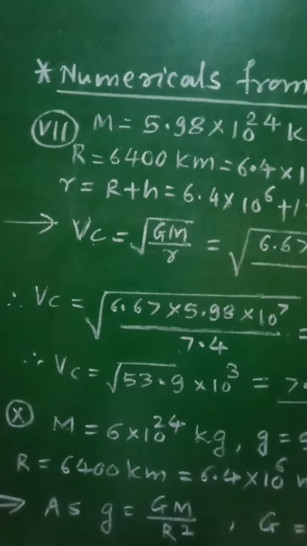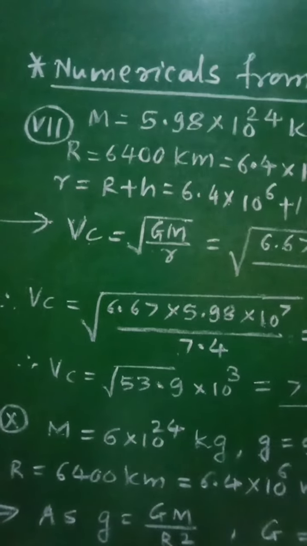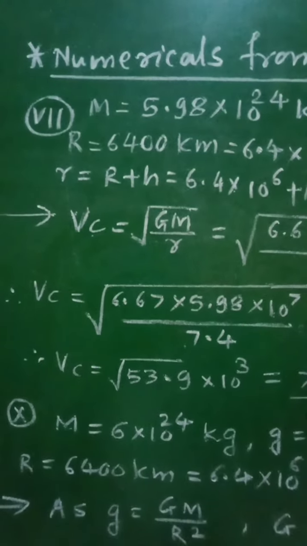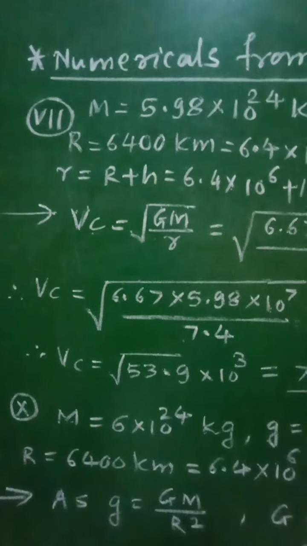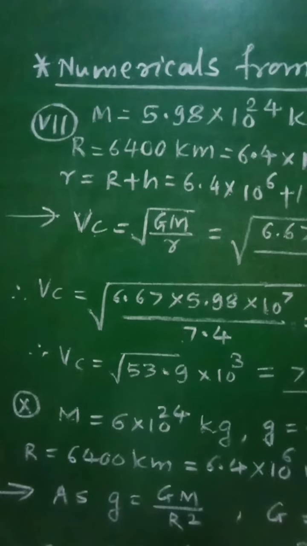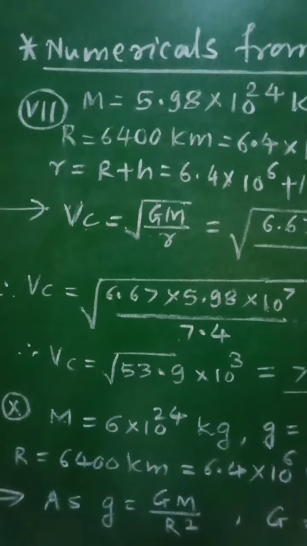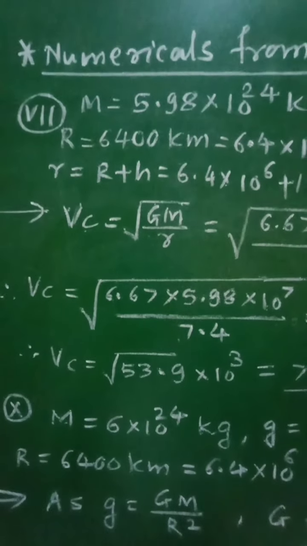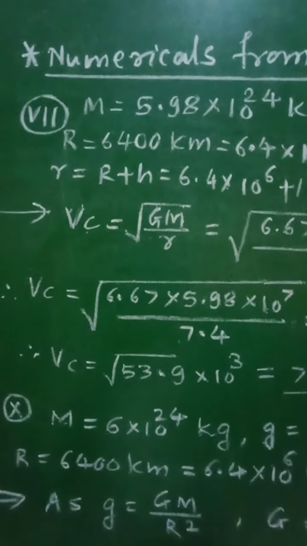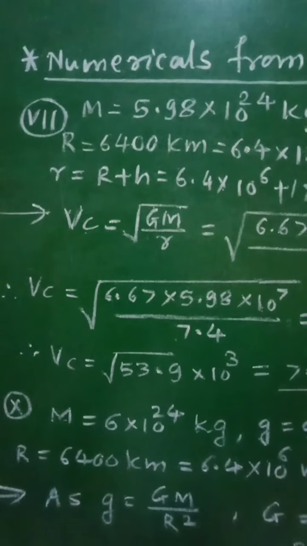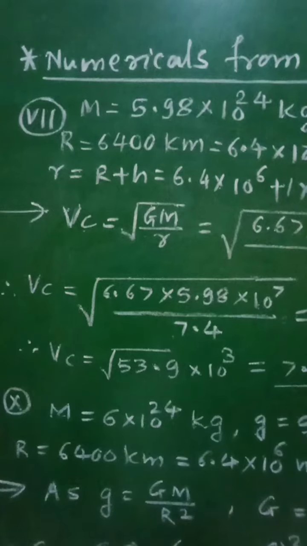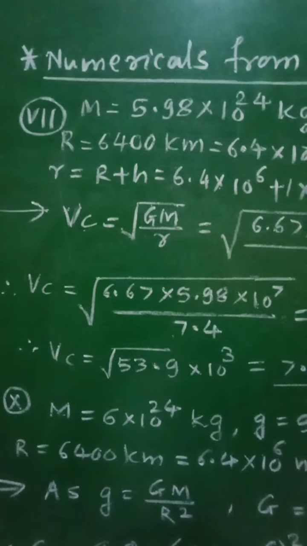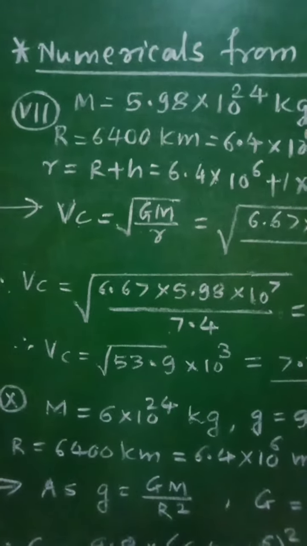an orbit at a height of 1000 km from the Earth's surface if mass of the Earth is equal to 5.98 into 10 raised to 24 kilogram and radius of the Earth r is equal to 6.4 into 10 raised to 6 meter. So we have to calculate the speed of that satellite in an orbit at a height of 1000